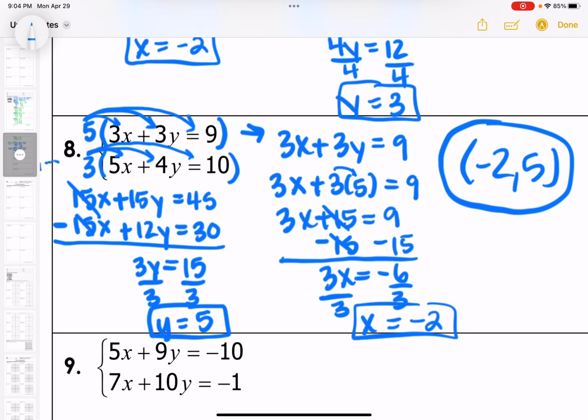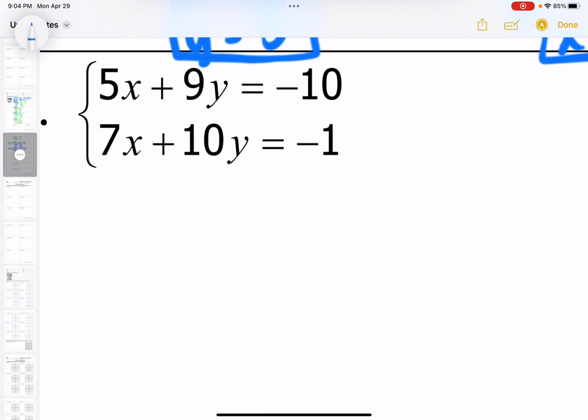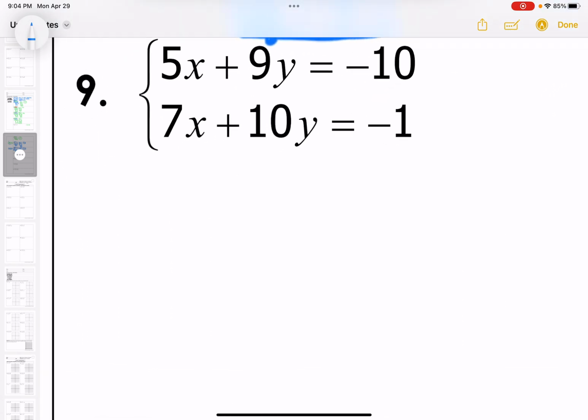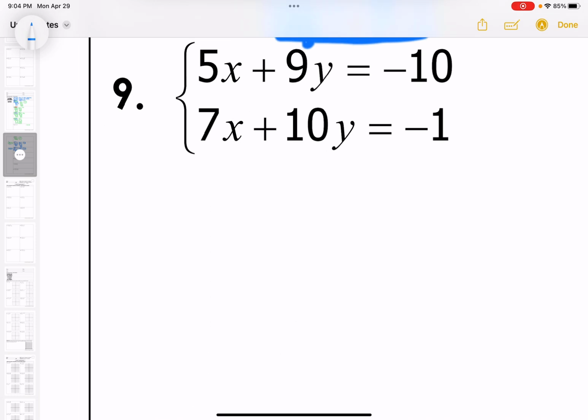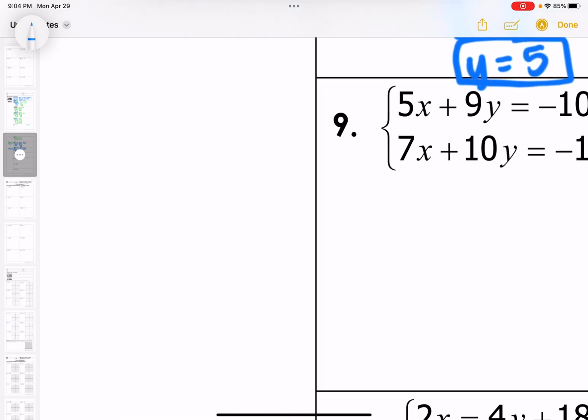All right, number 9. We have 5x plus 9y equals negative 10, 7x plus 10y equals negative 1. All right, so we're going to choose a variable to eliminate. I'm going to choose to eliminate x. So I'm going to have 5 and 7. I'm going to list my multiples of each and then find the smallest number that